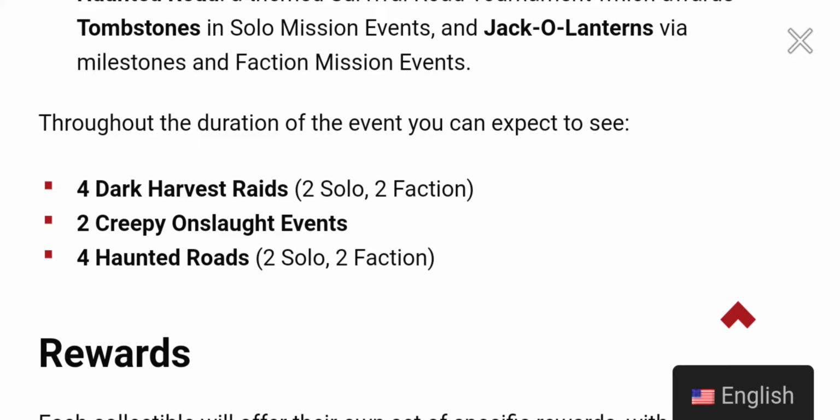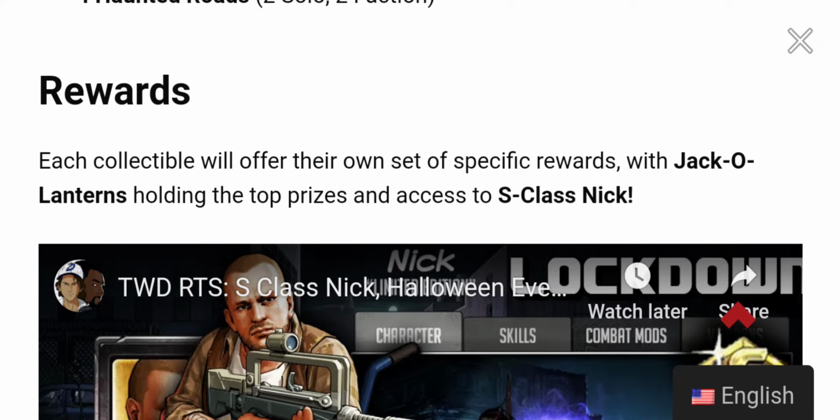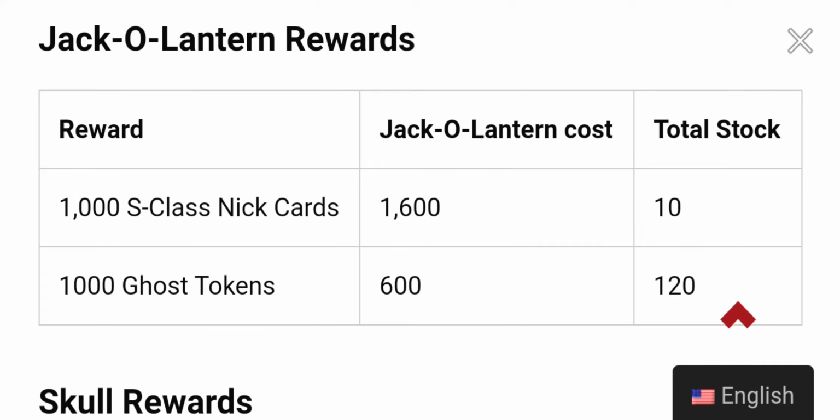We've already had 1 solo, right? Yeah, 1 solo, and now we're on a faction, so good stuff. We're going to do 2 Creepy Onslaught events and then the 4 Haunted Roads, 2 solo and 2 faction as well. Each collectible will offer you your own set of specific rewards. So again, you can go after that Nick, you can go after the weapon, you can go after the stash,